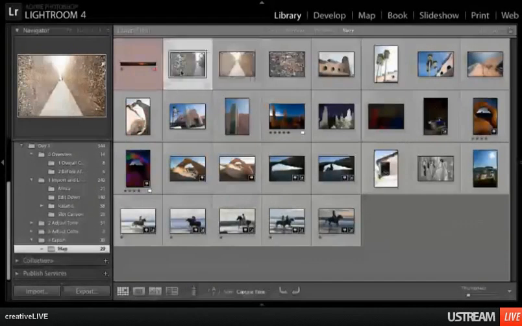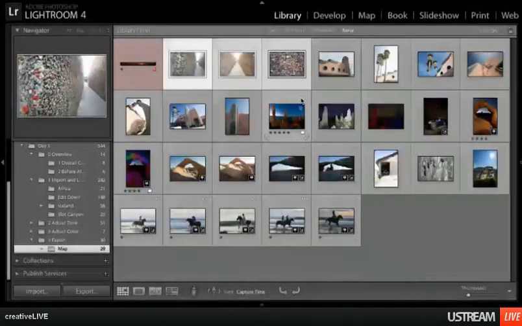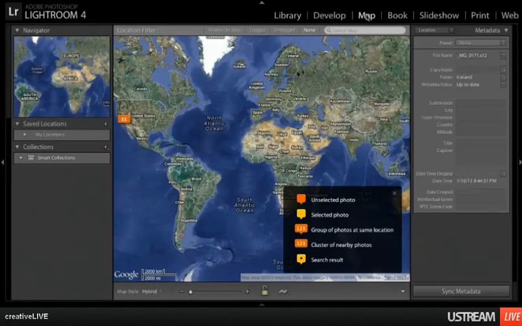So anyway, I'm going to select these three images, and I just want to remember where they were. So I'm going to click on the map module by going to the top of my screen, clicking on the word map. The first time I bring it up, it will have